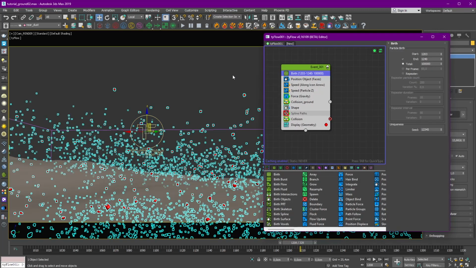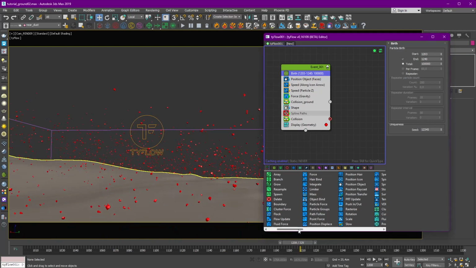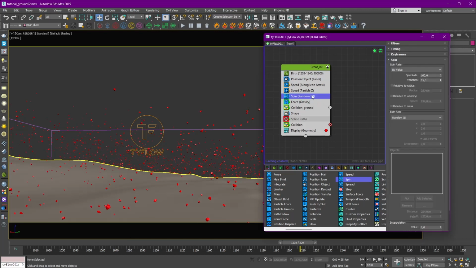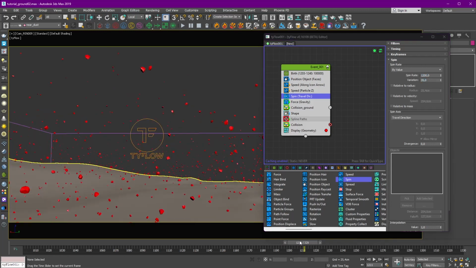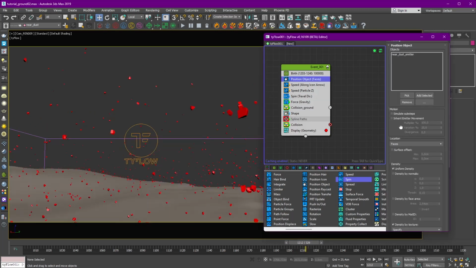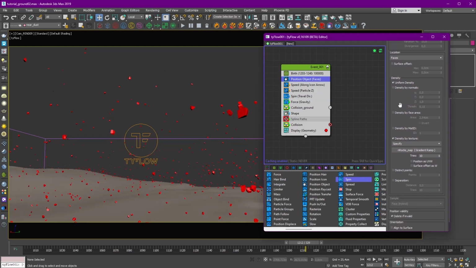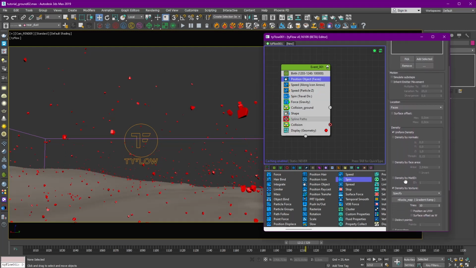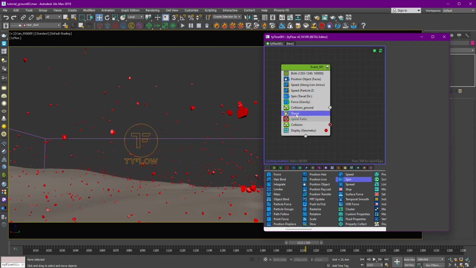Okay, let's change a little bit. First of all, let's add the spin, and spin in a travel direction mode, and spin rate 1200 with some variations, so our rocks will spin towards their directions. And I think we can bring some variations to the shape,